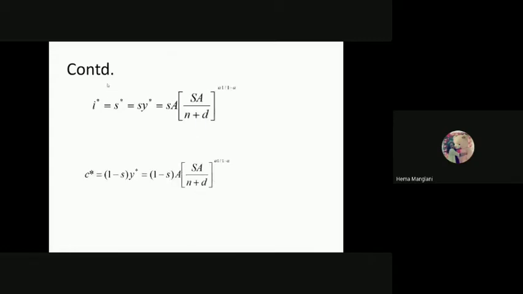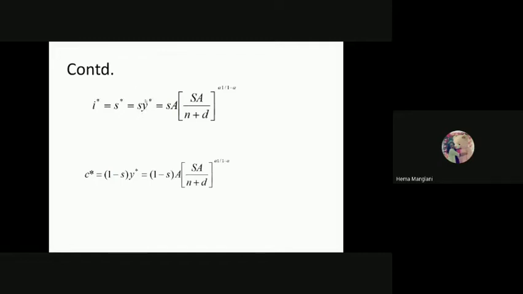Similarly, I star you can get, as our assumption says that this I star is equal to S star. Further, this S star is equal to S, which is your marginal propensity to save, multiplied by your output per capita. So that is a fraction of this. Every time in the application also you have seen that S f(k). So f(k) is nothing but your Y star.